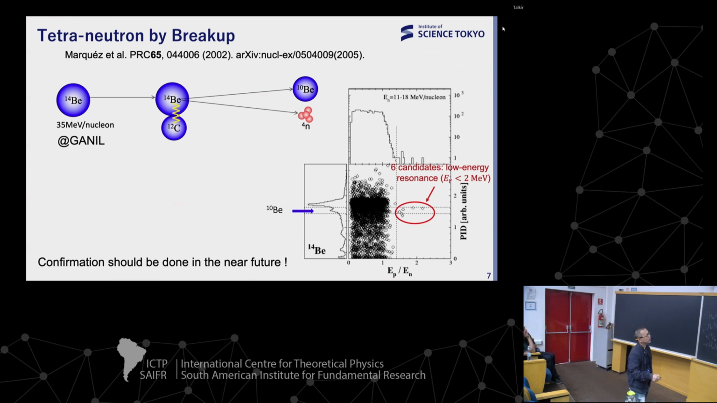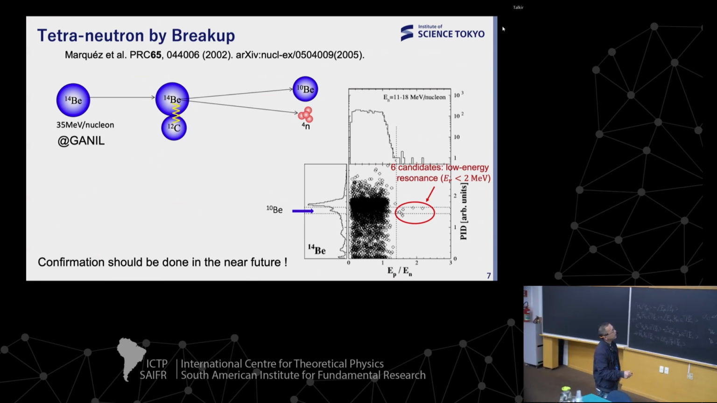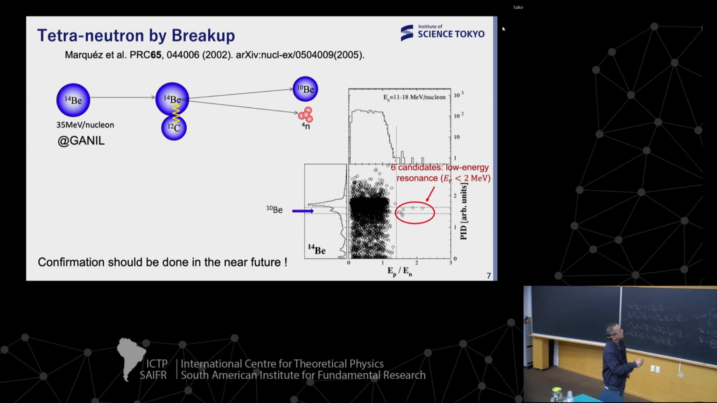So this is actually the recoil proton energy versus the incoming neutrons. What they found is that the recoil proton has rather large energies in these 6 events. I think 1, 2, 3, 6 events, and here they show the particle identification spectrum. So you see here is the particle identification peak for beryllium-10. This is, I think, beryllium-12. So these 6 events are in coincidence with beryllium-10, and this excess, they claim,